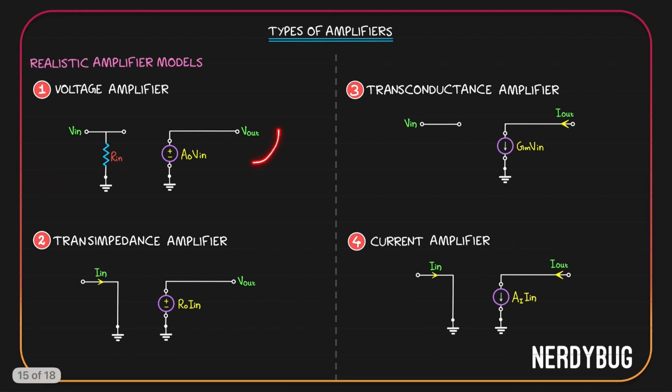On the output side, this is a voltage source. Ideally, it has zero impedance. Practically, it should have some impedance that is affecting the performance. Imagine we had some resistance like this. Will it affect the performance? No, because even if such a resistance exists there, V out is still going to be AO V in. So it doesn't matter. But imagine we have a resistance like this. Now that would be a problem because out of AO V in, some potential will be dropped across R out and only the rest will come out at the output. So this is the right way.